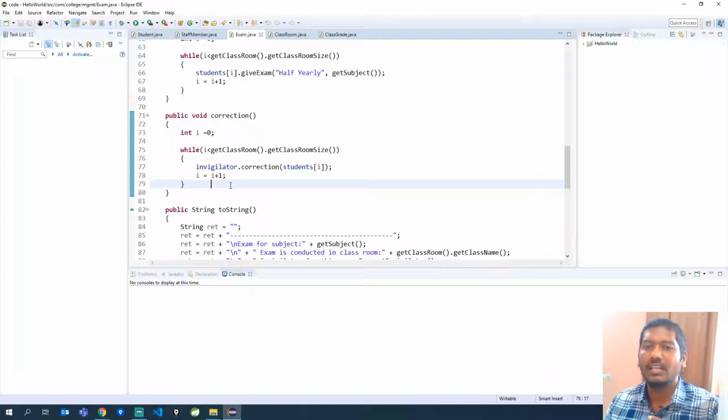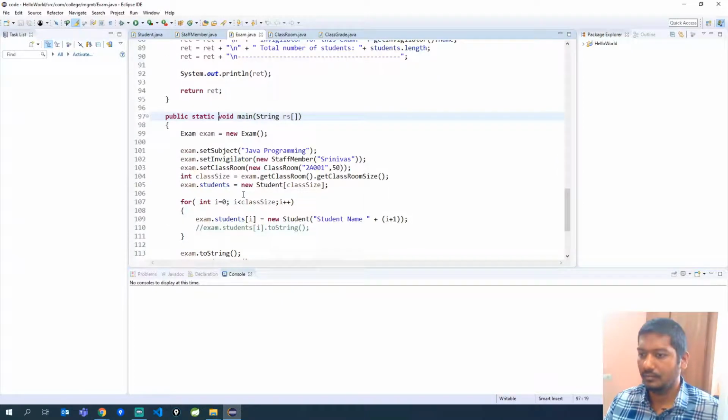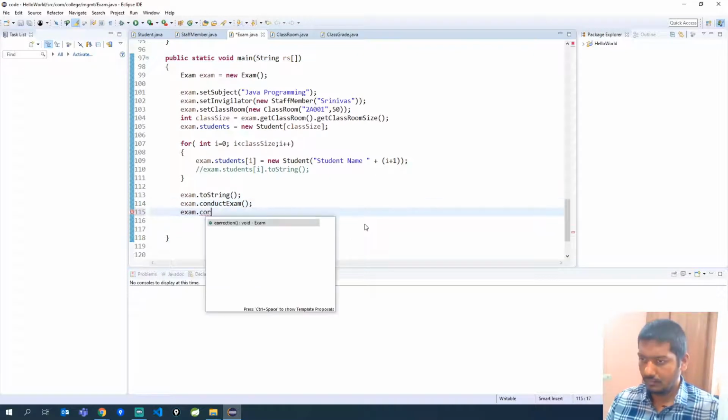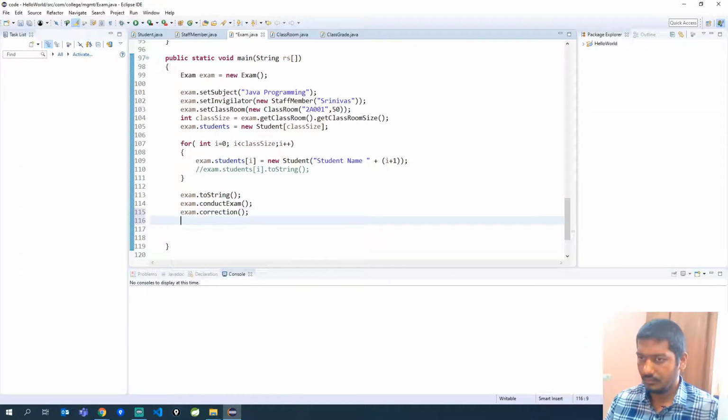So here it is not exactly done in real time. We are instead giving random marks to each of the students. Now we will call this method as well. So with this method, we see that the correction is done. Now let us put some print statements in that correction method to see if marks are actually getting assigned.